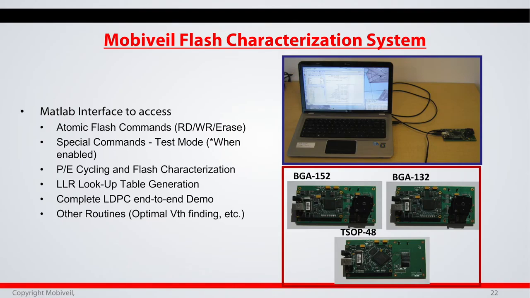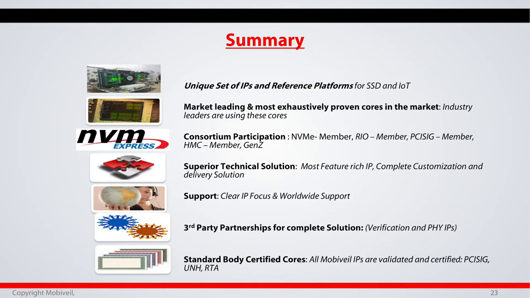What it means is that you need to take the system through a heat chamber, because if you look at the PE cycle, you are not going to write the whole flash for those many thousands of cycles to really see the performance. So you look at the physics and put it in a heat chamber. If you put it in for, say, 8 hours, you don't need to do the PE cycle 3000 times; you need to do much less. So that's what we do. We have a heat chamber. This is a very nice way, and a lot of customers have licensed and used this platform to characterize flash, and you have to do it for every flash part you have.